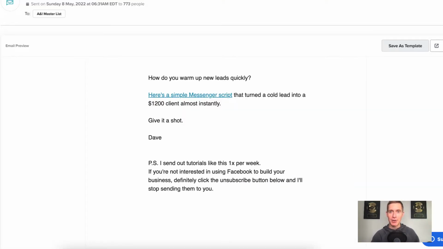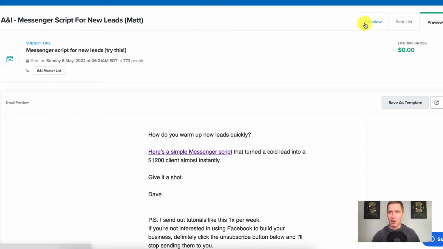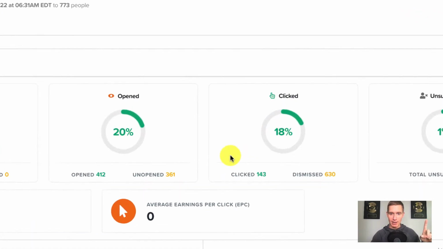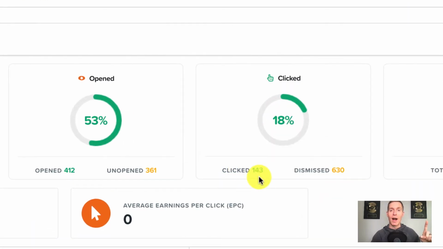When I go back to our email stats, let me show you our email stats again, you'll see that this single email, we'll take a look at the clicks, it drove 143 people over to that post. So this is super important. Your new members join your email list, and your email list sends people to content inside the Facebook group to spark engagement. That's the first step. Now let's take a look at step number 2.